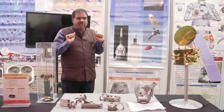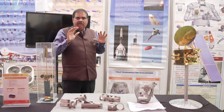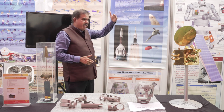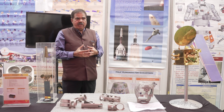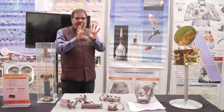That means it will be attached to the cradle. As it reaches the upper atmosphere, it will be allowed to release. Then it will get up. He will have a screen in front of him. He will be seeing all the commands and all the data available to him. He will be able to change the commands, see the data, analyze it and send